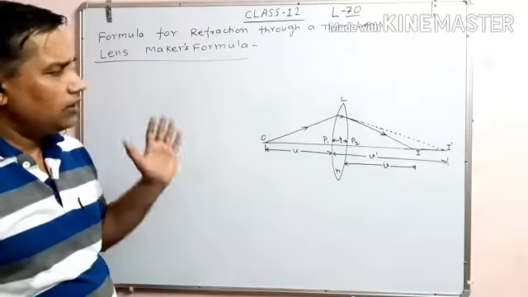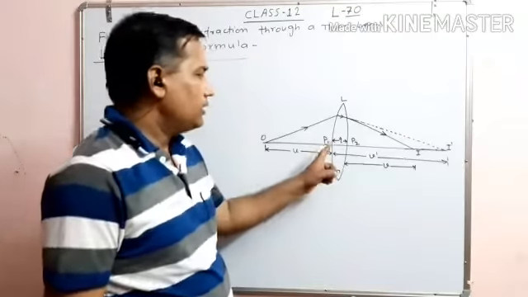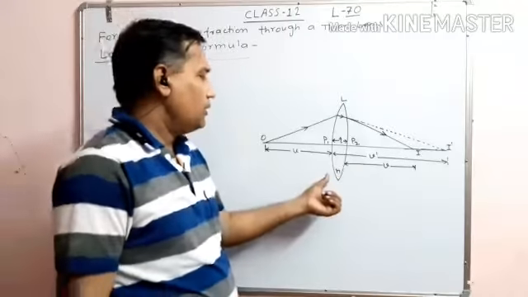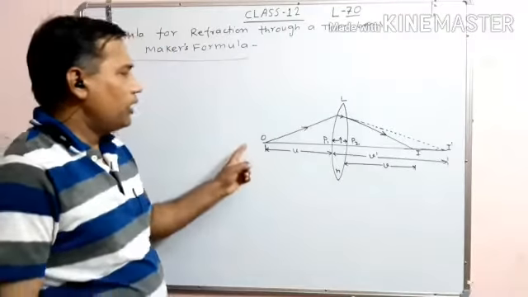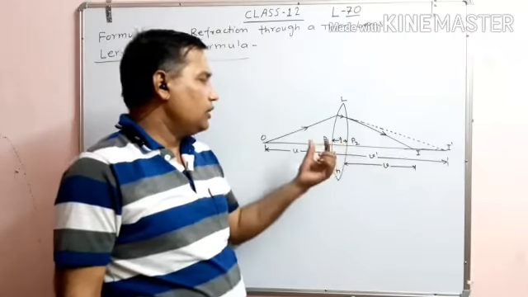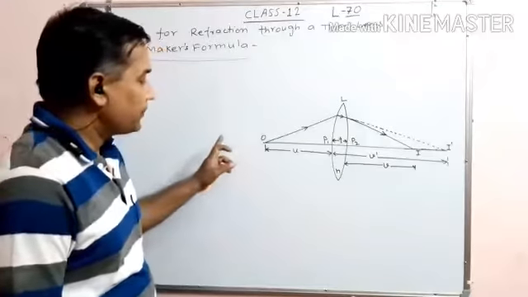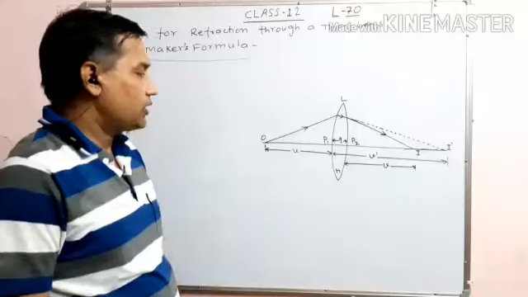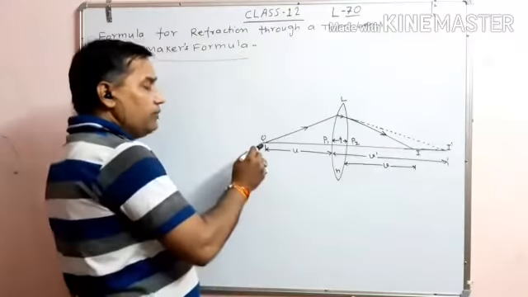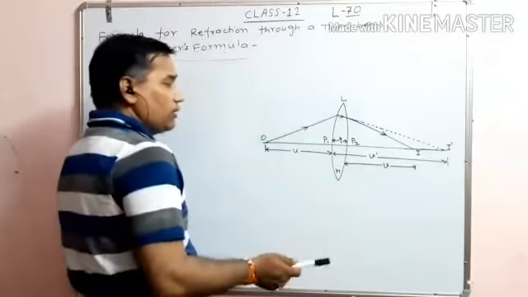You have seen the diagram on the whiteboard. This is the thin lens having thickness small t and refractive index with respect to air small n, and this is the point object. The lens has two surfaces, P1 and P2, with curvatures R1 and R2 respectively. Here O is the point object. This point object distance from P1 is u, and its image is formed on the next side at point I dash, that is a virtual image here.